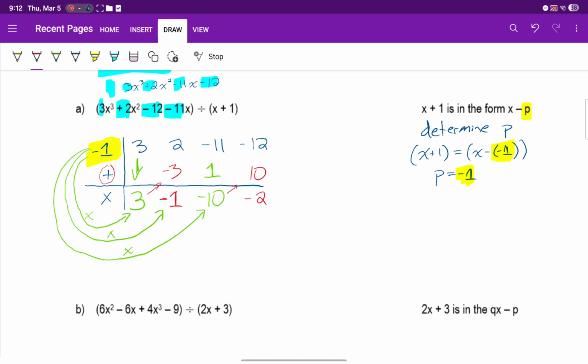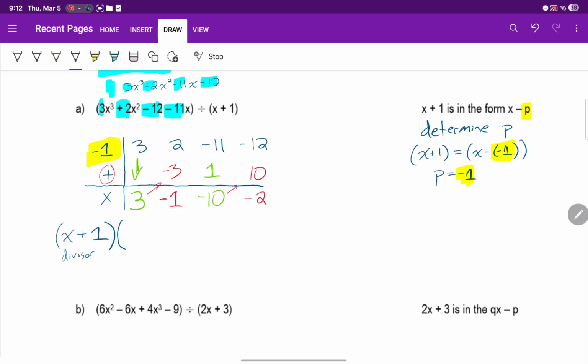Now, what I need to do in this last step is, okay, I'm going to kind of take away these pieces here. Okay? My last step now is I'm going to write out the factors. So I have x plus 1 was my original divisor. Okay? Now my next bracket, so this was my divisor, okay, my next bracket is going to be my quotient. So my quotient is going to be the 3, the -1,